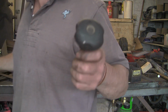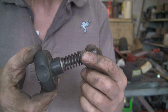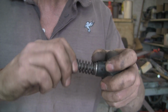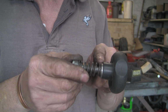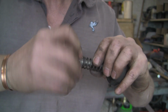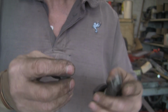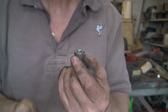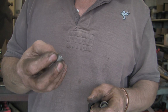So, this is what I was talking about earlier, the adjuster I'm going to use. What it is, if it'll focus, is half a push bike front wheel axle. And it's got a really fine thread on it, but unfortunately I haven't got a tap that fine. So what I'm going to do is, if I can get this nut off, the way I fixed it, I just cut it in half, turned it down, pushed it in, and it sits in there with a little roll pin. Spring to keep it tight, keep some tension on it so it doesn't undo on its own with any vibrations. And this nut, it's quite clever because it used to go into the axle. I don't know if you can see there, it's got a nice little shaped recess, which fits nicely inside that spring. But what I'm going to do is just weld this onto the arm that we've just made, and hopefully